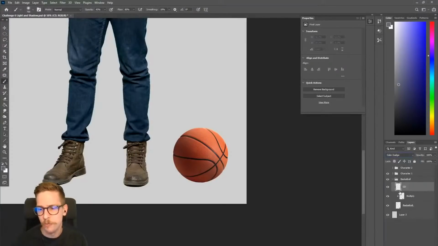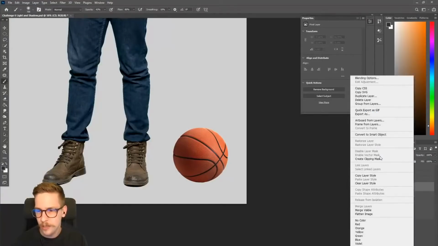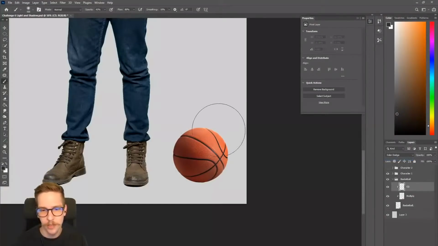even linear dodge, but mostly I like to use color dodge. And I like this because I can select a cool light, a cool color, I can select a warm light, depending on the situation. But here I'm going to select a warm color, very desaturated, very dark. Right click that, clip it to my mask along with the multiply layer,